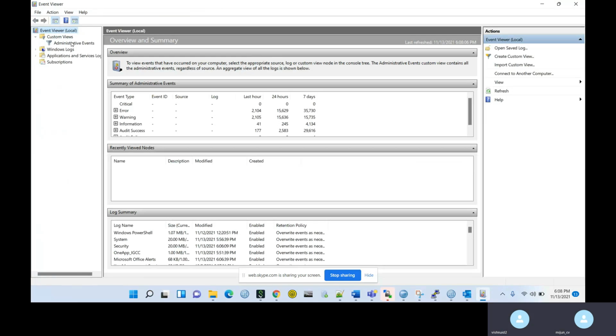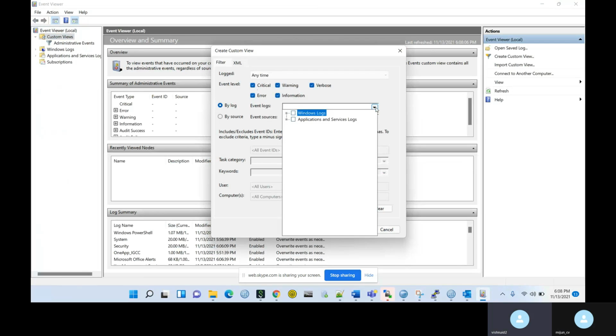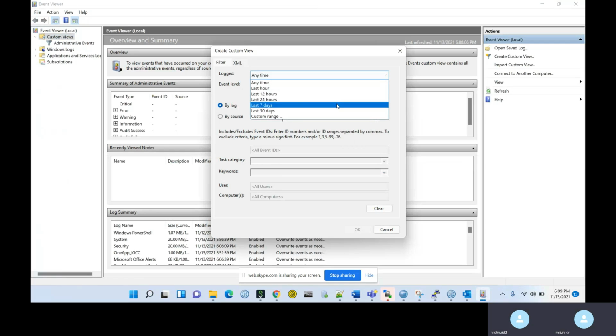Right click on Custom Views and create a new view. Select all the parameters at the event level. And for Logged, change it from any time to last 1 hour.